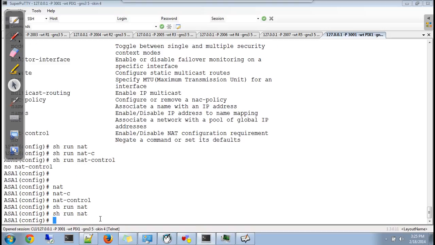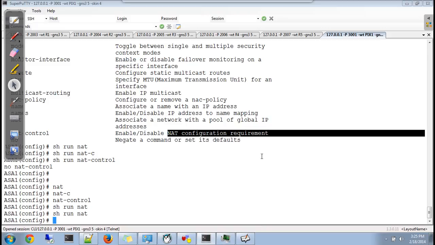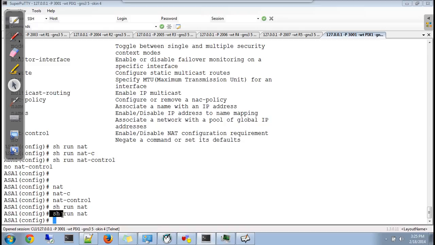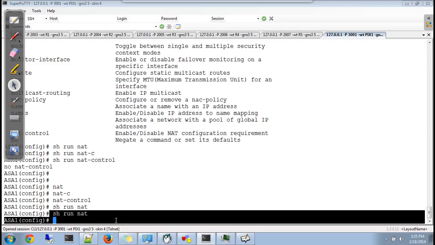The NAT control feature is different, but there is no translation rule, and because there is no translation rule, you cannot go out. Why? NAT control wants some NAT configuration, which is not present right now. It's blank. Because nothing is present for you, you cannot go out.